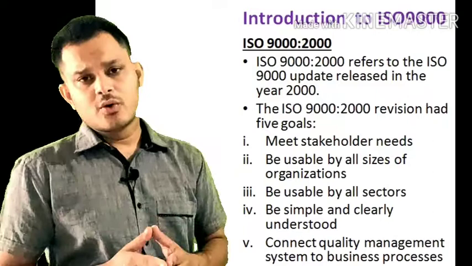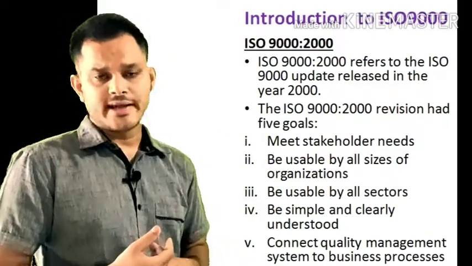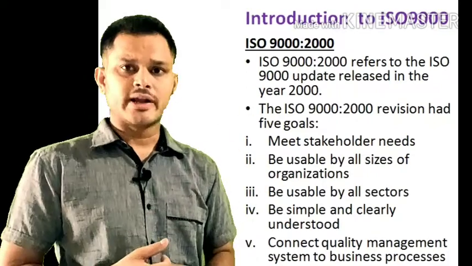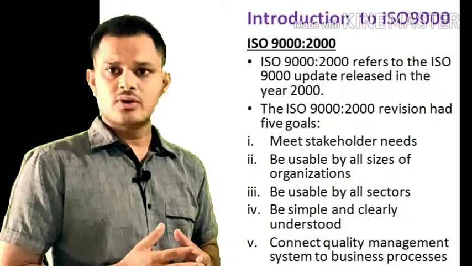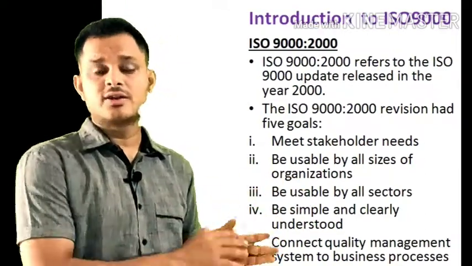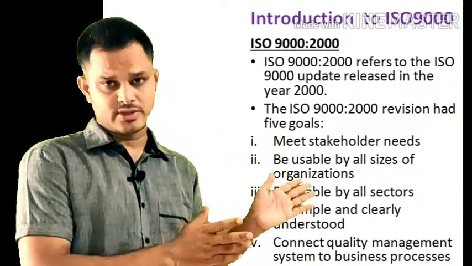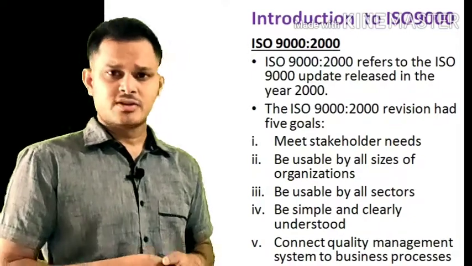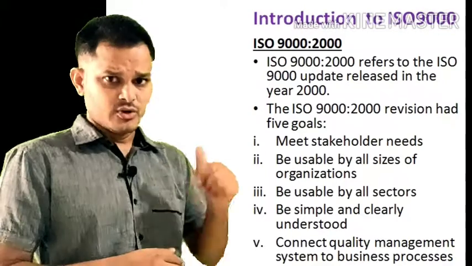Now if you go into details and see the complete family of ISO 9000, we have first ISO 9000:2000. ISO 9000:2000 refers to the ISO 9000 update released in the year 2000. Here 2000 means the update released in the year 2000 for the ISO 9000 family. The ISO 9000:2000 revision had 5 different goals. First is meet